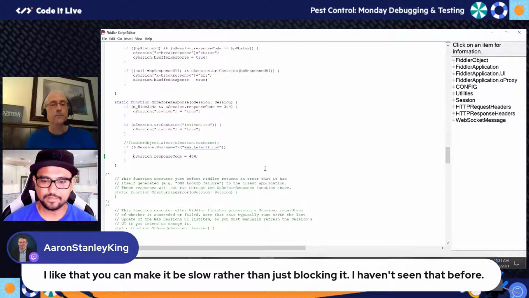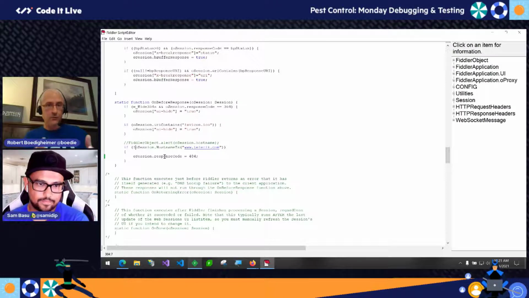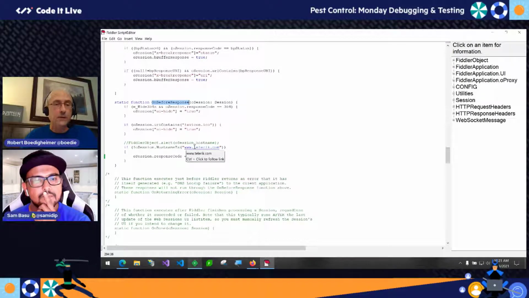Right. Yep. And so this is another thing I like to do. For this case, I just said, if I were to use Telerik's website, I can write, so this is Fiddler Script. So I can programmatically, not only can I do stuff in the user interface, but I can write script code. I've never done the C# version of this. This is the JScript.net version. But there's a method called OnBeforeResponse. So it's tracking the response coming back from the server. And I just wrote some code that said, if I'm not specifically telerik.com, give back 404.